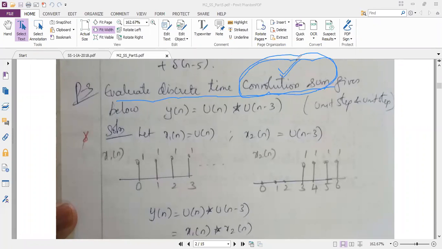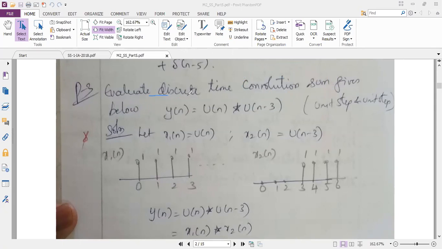So in the earlier problems, we have not used this convolution sum. Instead, they have asked to find the output y of n using the property called linearity and time invariance. So they have given the question in a twisted way. But this is a single word we can use, which implies the same thing we discussed in the earlier problems. So convolution sum means what we have done in the earlier 3 problems, the same thing we are going to do.